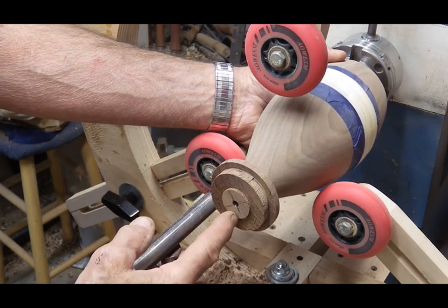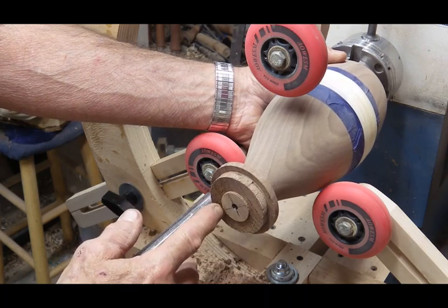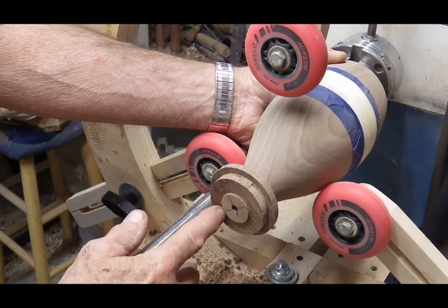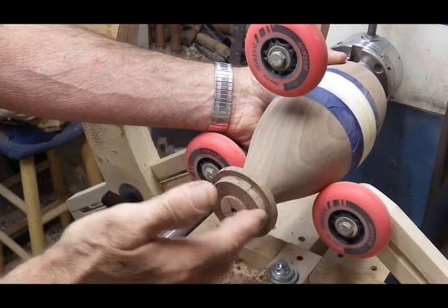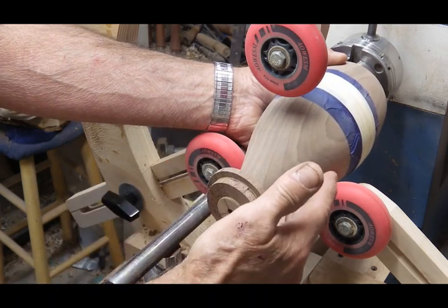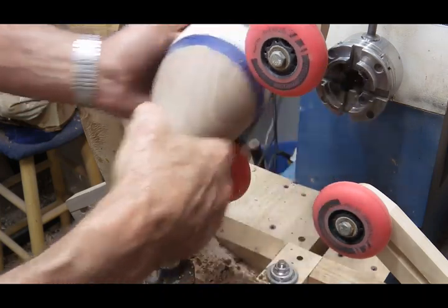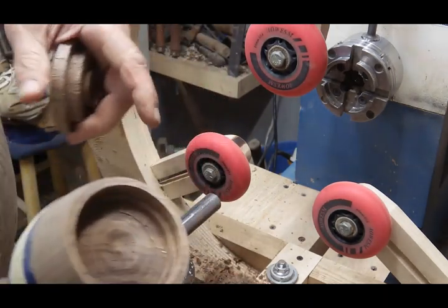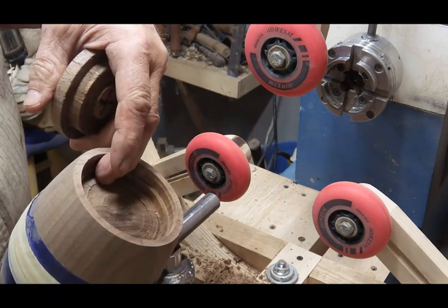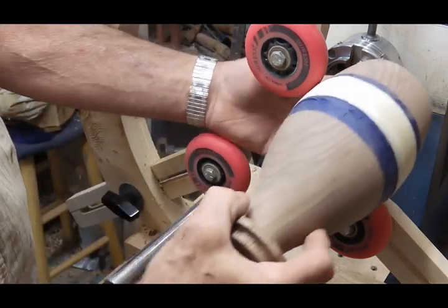If you've got the standard spindle gouge, make sure your rest is up close, because they're shorter and don't have the leverage. But then all you do is hollow it out, the edges, until they meet the edge down here. Do your sanding. On a vase like this, I would probably hollow it and sand it inside as far as I can. And then when I've got it done at the top,